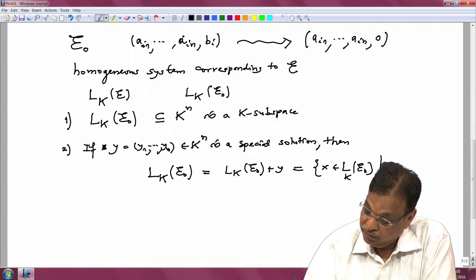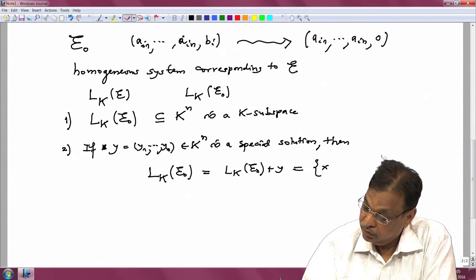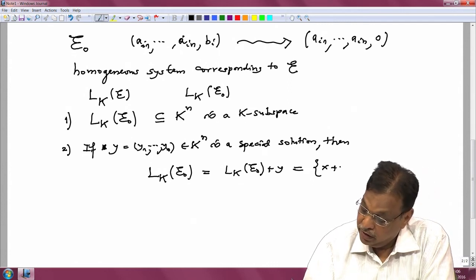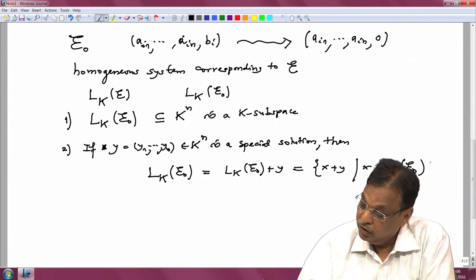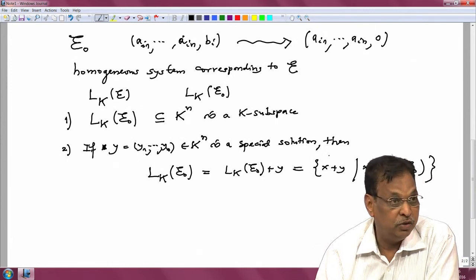So, these are all x plus y, where x is varying in the solution space of E0. This is again very easy to check. You just plug these in the equation and you check that